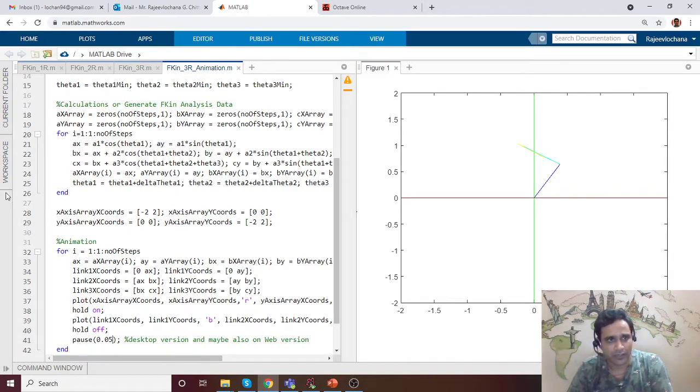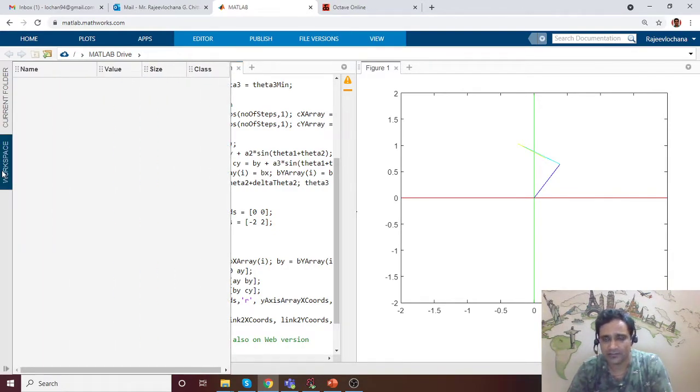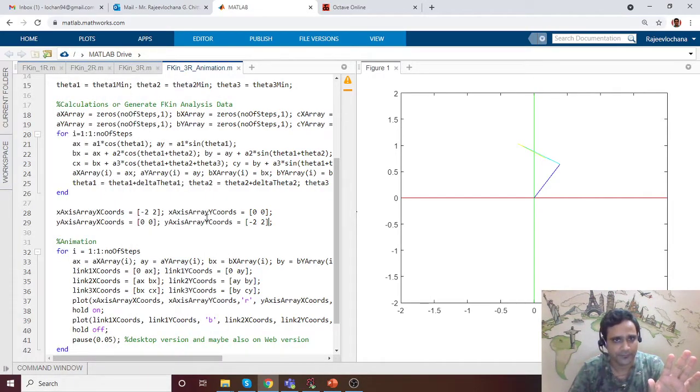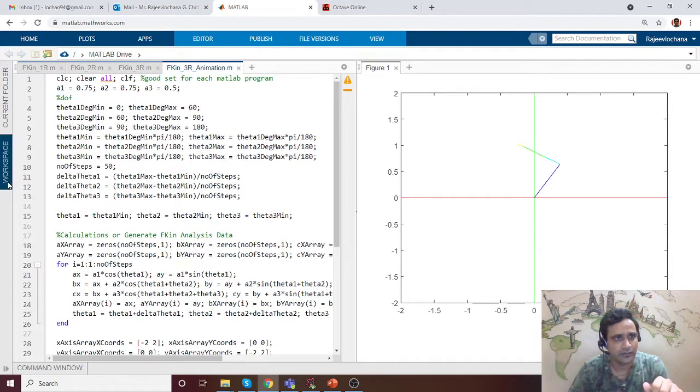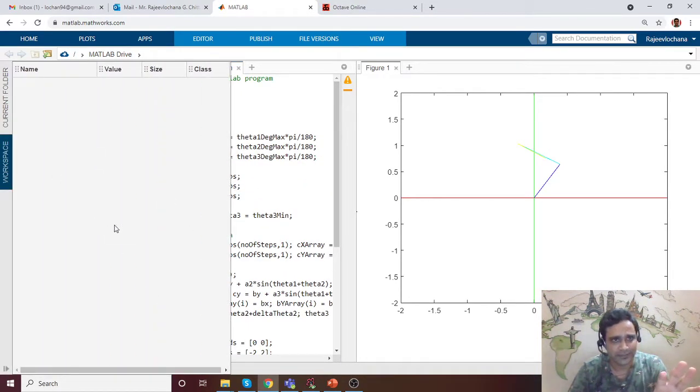Now if you want to validate the result of what you have with respect to the RoboAnalyzer result, you can go to workspace. Why is it not appearing? So typically we have the workspace, the variables here.